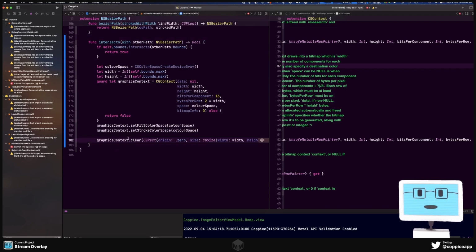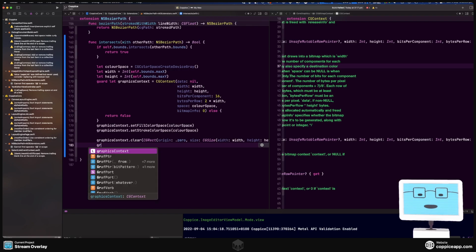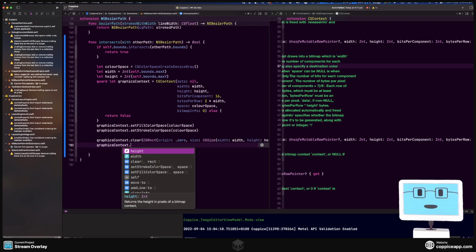Graphics context dot clear. Now we want graphics context dot